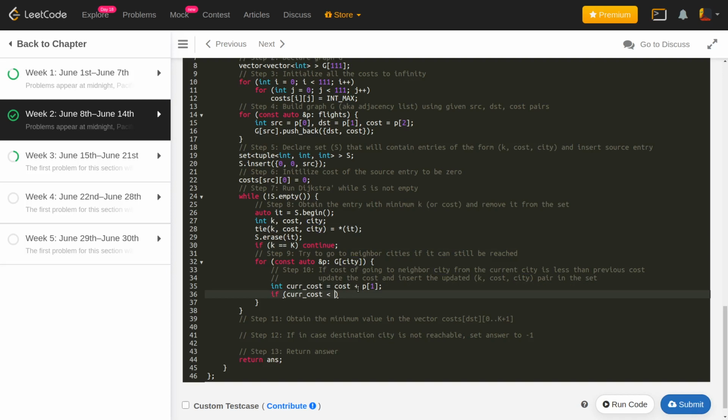So if the current cost that I have is already less than costs of the neighboring city, which is P of 0, remember this pair P is of the form destination comma cost, right? So the city can be accessed with P of 0 and the cost can be accessed with P of 1. Okay, so if the current cost is less than costs of P of 0 and k plus 1, why? Because since this particular city has the value k, the neighboring city will have the value of k plus 1.